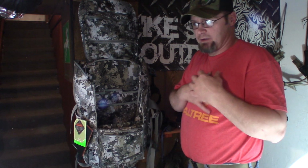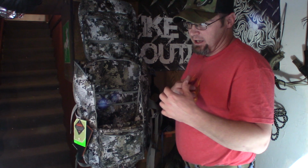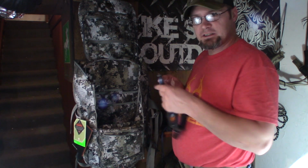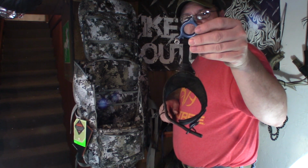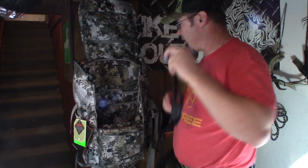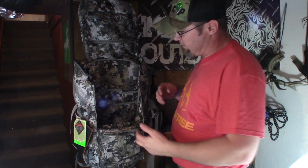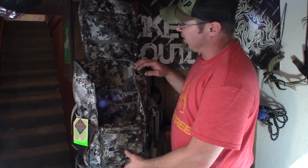And then I got a pocket on my jacket that I put my release in, where it's easily accessible, because I use a release that doesn't have a wrist strap on it. I'll use this one just like this while I'm practicing around the house, but during deer season I usually take the wrist strap off of it. So I like to have that easily accessible. So I'll put it in my jacket pocket, and with this pocket setup, you can literally get to the tree